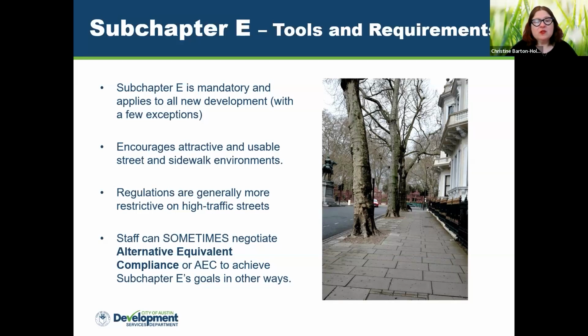The code gives us the ability to negotiate alternative equivalent compliance, or we call it AEC, to make sure that the intent and the goals of subchapter E are met without necessarily meeting the exact letter of the law. So it gives us all some flexibility if a site can't meet the exact requirements for whatever reason.